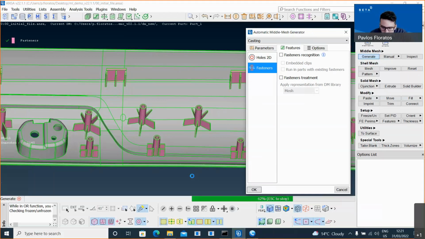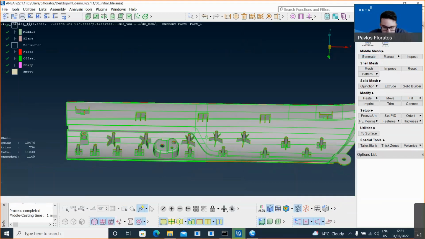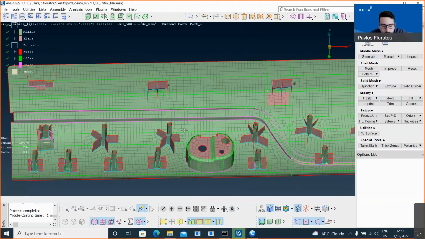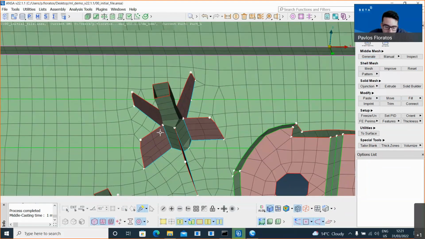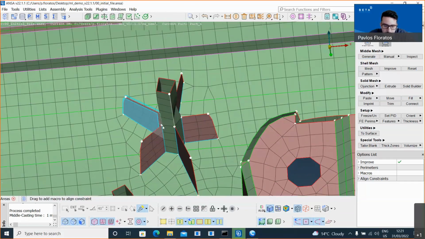Okay, casting should finish soon, I think. And we got our result. And our result looks like this. So casting ran normally. It gives us a result, and we can use this result to save the desired FE representation of the DM. Of course, in the cases where the result is not perfect, we can fix it. Fixing it will not be difficult. It just requires a few manual actions.